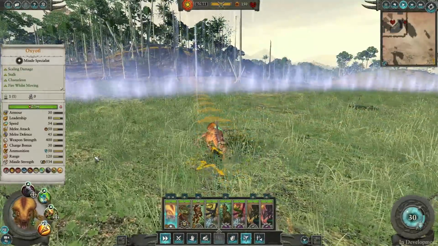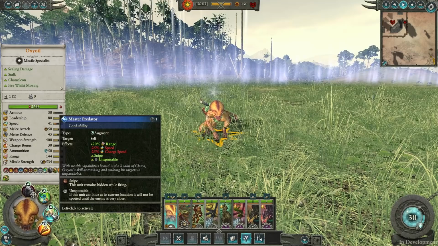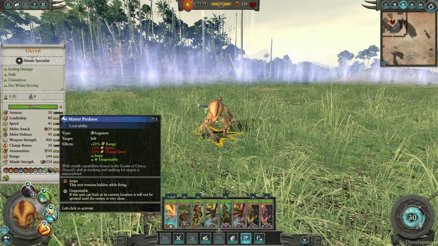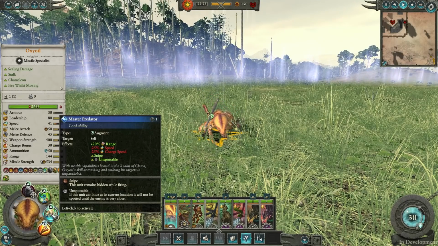Moving back here a little bit. But on top of that, he does have the Master Predator here. So basically, if you pop this, it gives him Unspottable and Snipe. So he can be sitting completely hidden and shooting at something. And this actually came into play a couple times when I was playing some games with Dav. What would happen is he would just sit behind the Lizardman lines. My brain didn't even process that he was there because of the amount of damage he does,